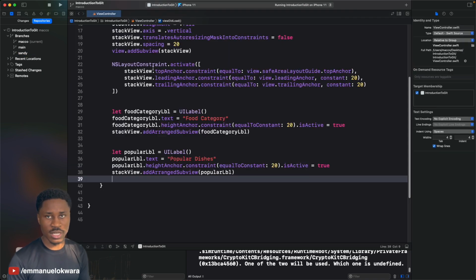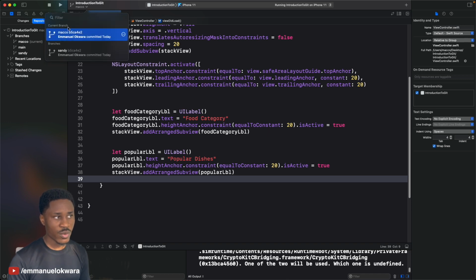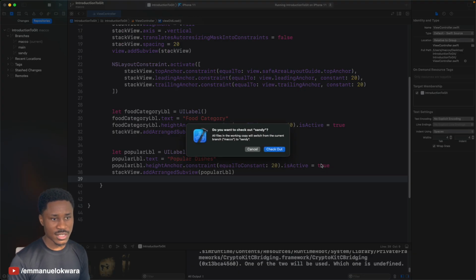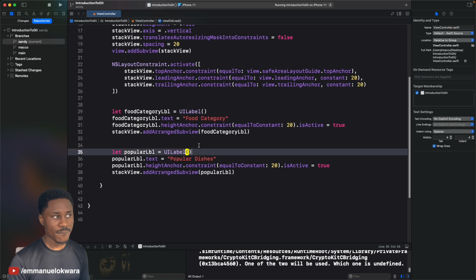So I'm going to show you another way that we can check into another branch. If you click on this, you can see that we have different branches over here. Now, if you just write Sandy, you can see the branch that Sandy has. You can just click on that and you can check out, all right? Now you can see that our current branch is Sandy's branch, which means we are currently holding Sandy's copy